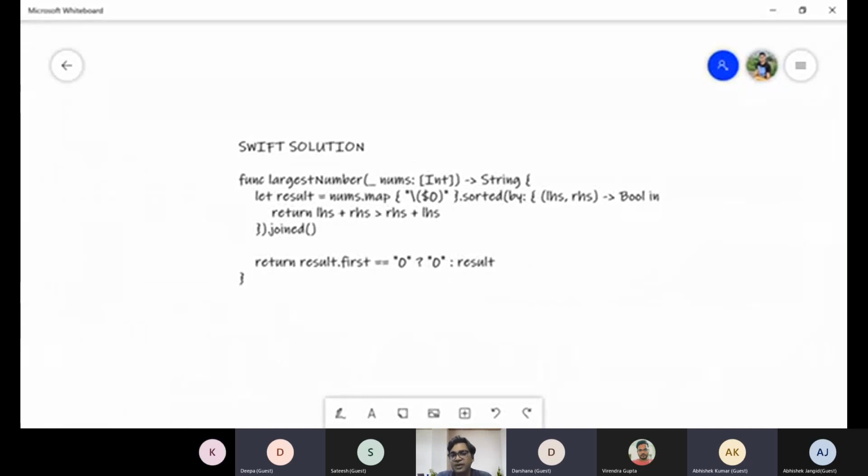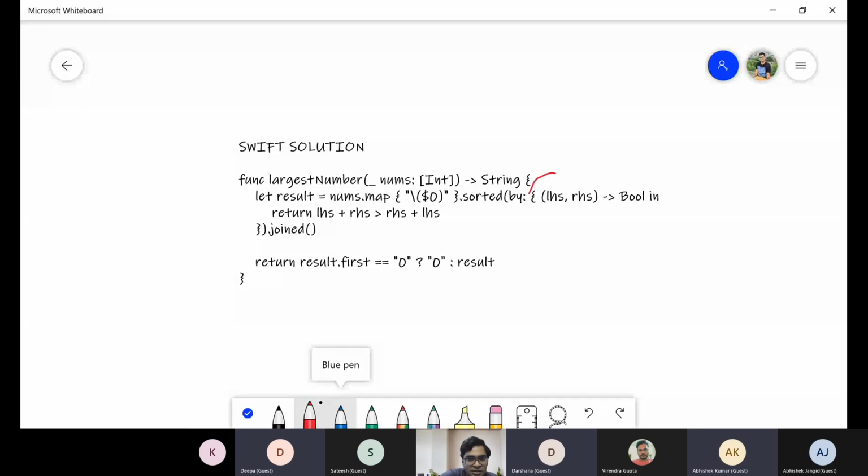Okay, so what we did is the map API iterates over a for loop, and the sorted API does the sorting part, and this closure part will work for our comparable logic.